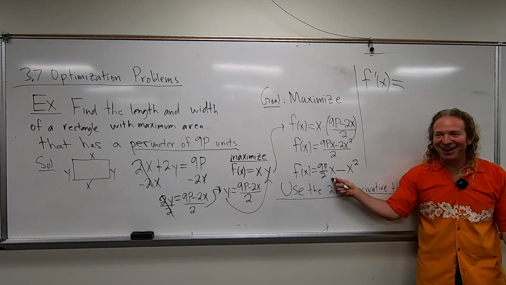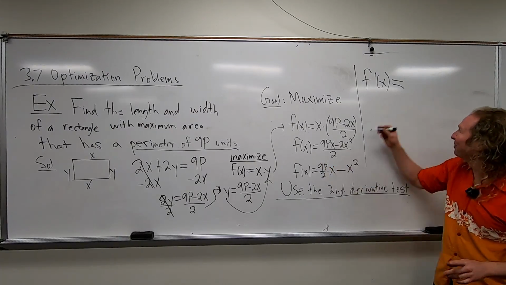When you take the derivative of x, you get 1. So you get 9p over 2